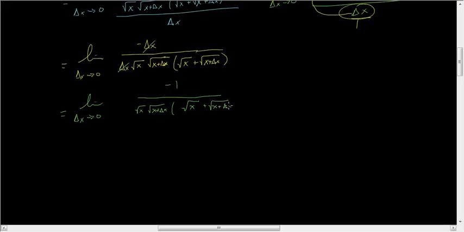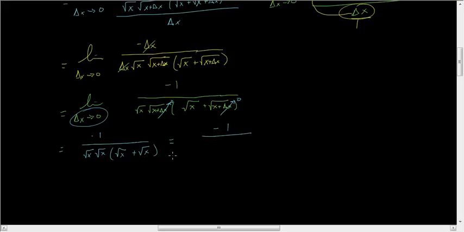And now here's the part where I thought some of this might cancel out. As delta x tends to 0, that will go to 0. This will go to 0. And so I'll be left with equals. And now that I've taken the limit, it is no longer there, and this is -1. This is root x times root x plus root x, which is really -1 over root x times root x. This is root x